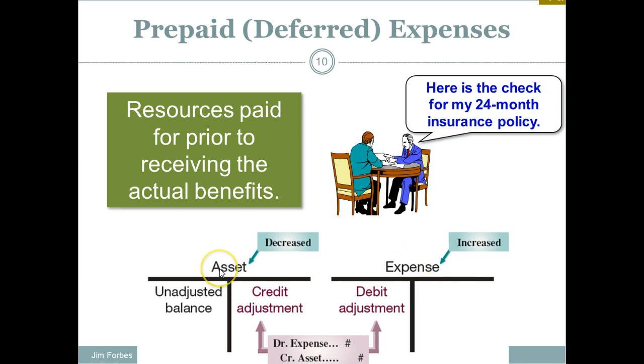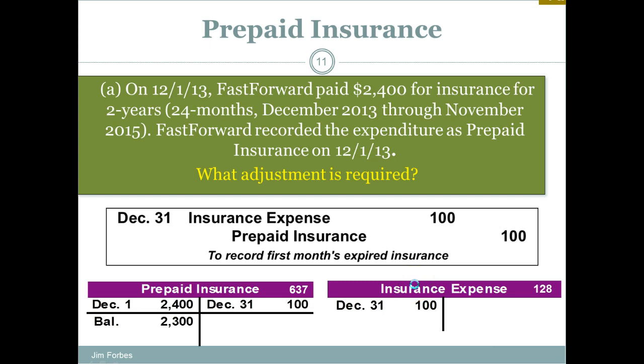And that asset could be the prepayment. It could be prepaid insurance. You do own it, and then you'll start decreasing that amount every month. And here we have, for instance, prepaid insurance, and then we have the insurance expense. And it'll be an offsetting